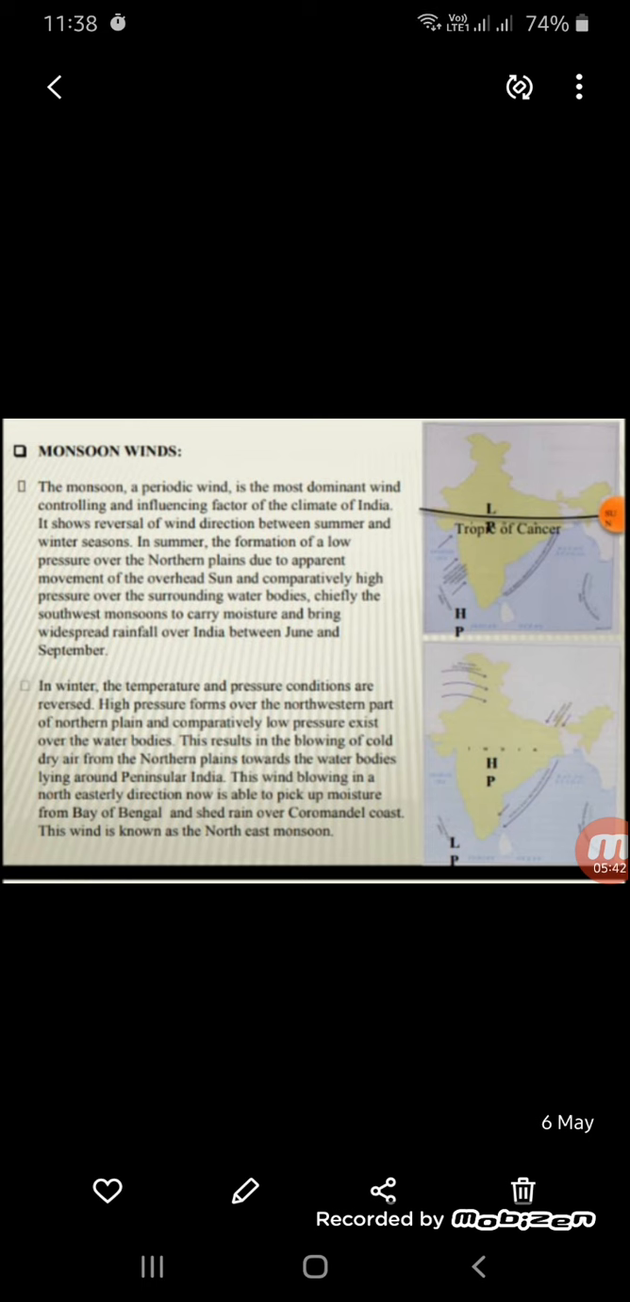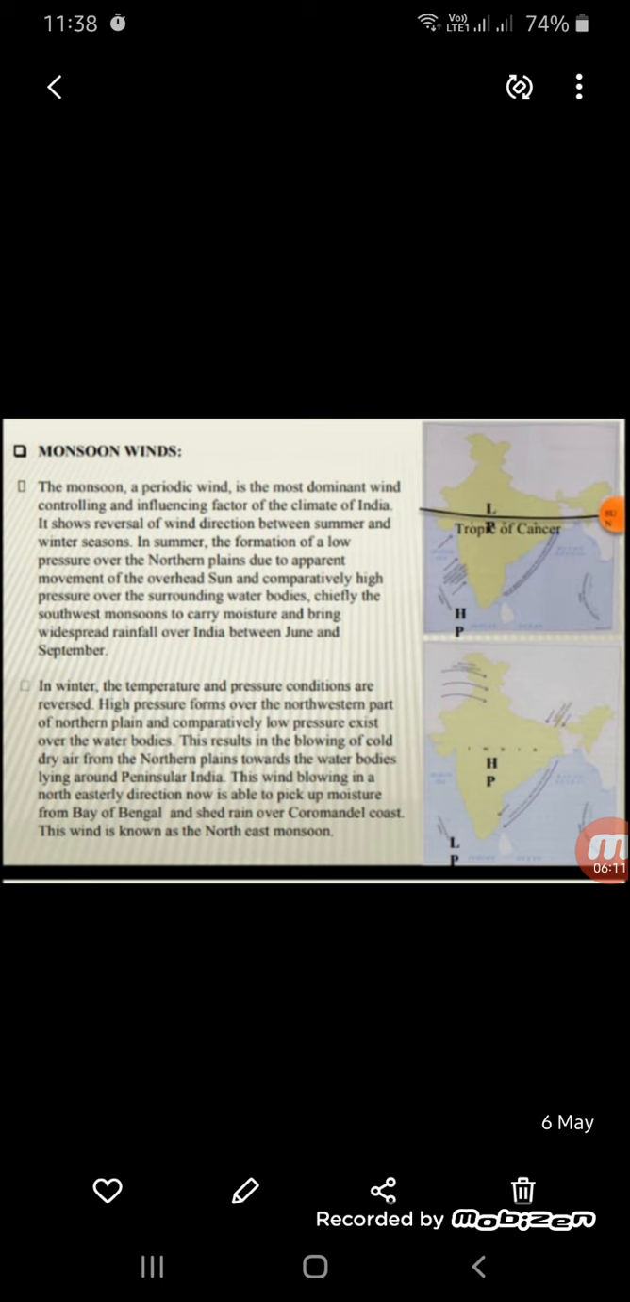Similarly, in winter, the temperature and pressure conditions are reversed. That means the temperature and pressure conditions are just the opposite. The high pressure forms over the northwestern part of the northern plain and comparatively low pressure exists over the water bodies. So as we all know, winds will always blow from high pressure to low pressure, and because of this, the cold dry air blowing from the northern plains towards the water bodies lying around peninsular India